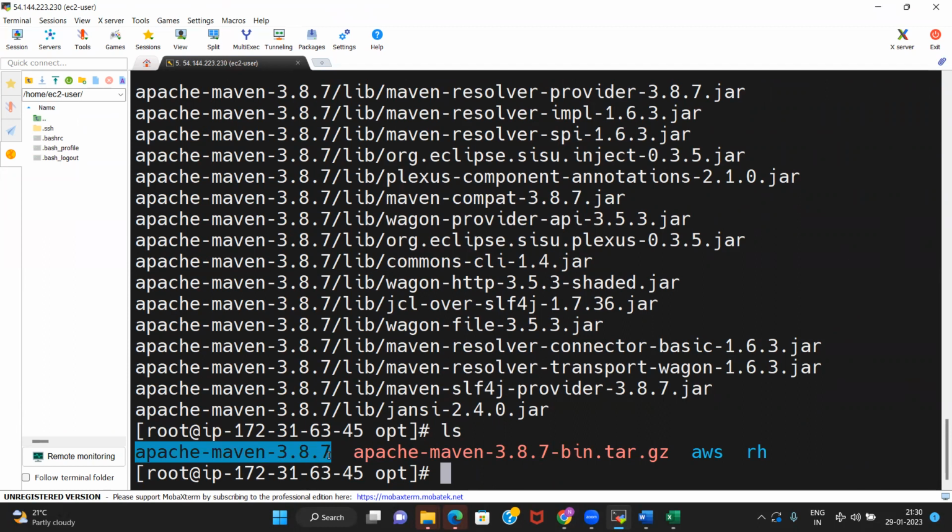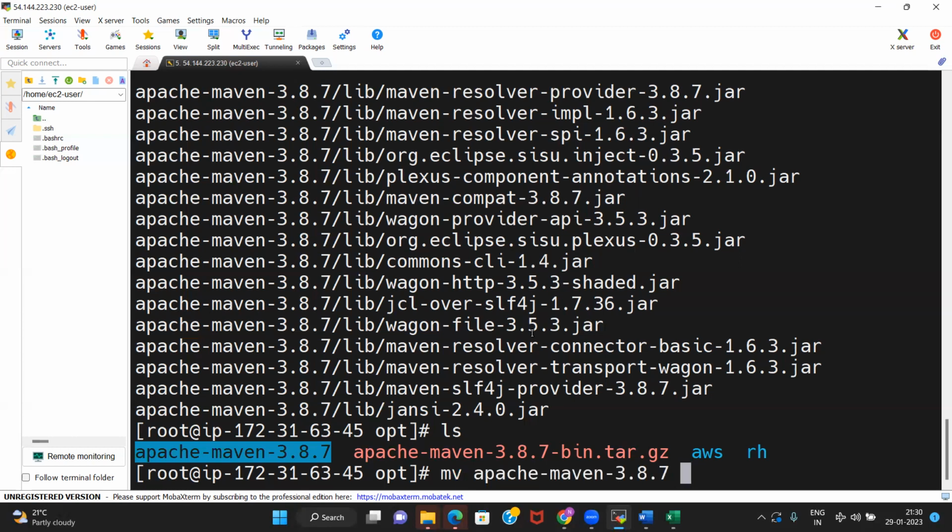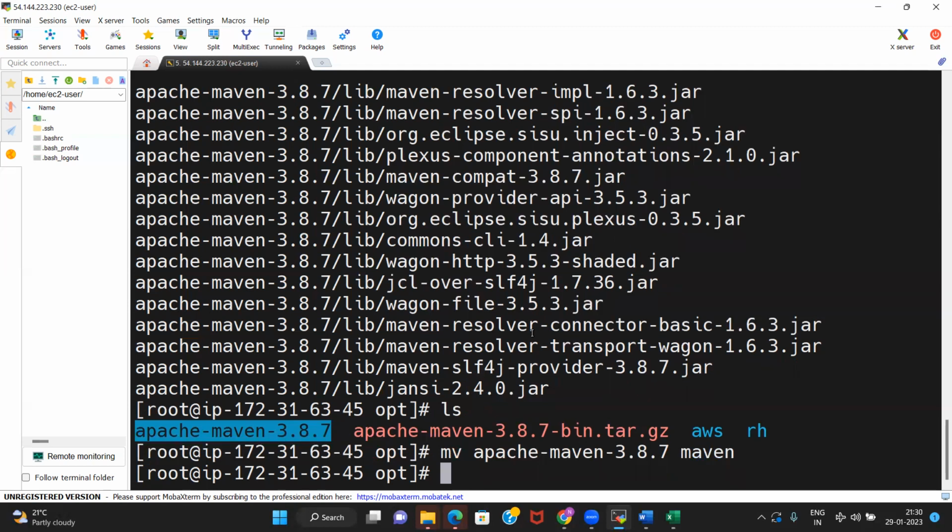This name is a big one, with the version number and all. I don't want such a big name, so let us rename it. The command to rename is mv, basically move. Rename from this name, Apache Maven 3.8.7, to a simple name, Maven. I need just Maven, so rename this folder.